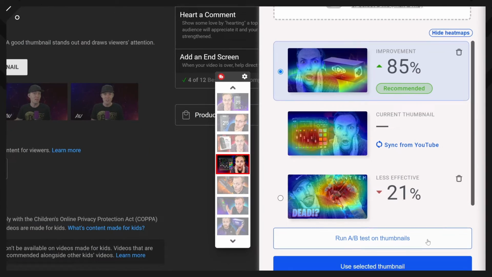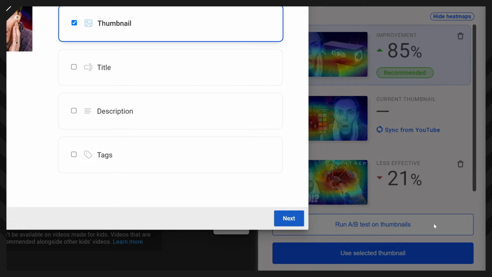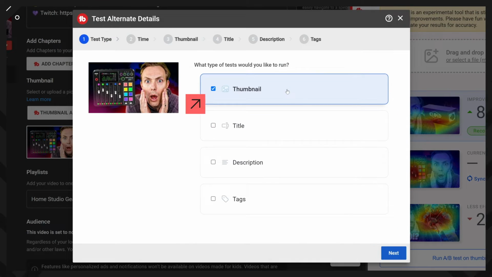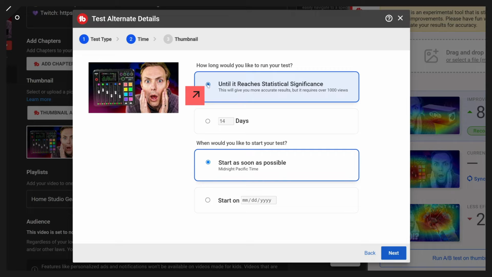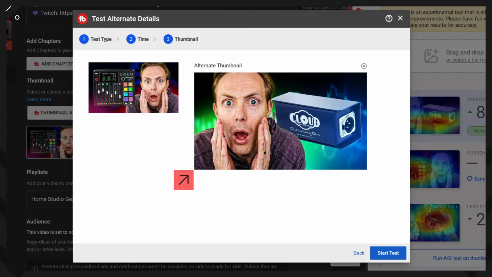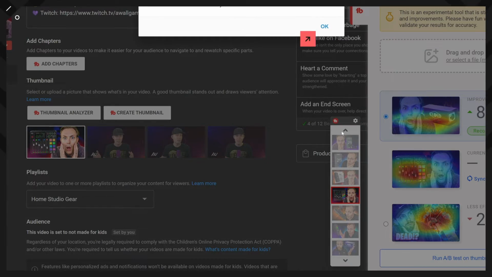So what we can do is click Run A/B Test on thumbnails. We'll click Thumbnail, click Next. I like to do until it reaches statistical significance, and I like to start as soon as possible. This is the alternate thumbnail it's going to be testing, and click Start Test. Then the test has started. It'll actually test it on YouTube and actually show you which one is performing better, and you can monitor the